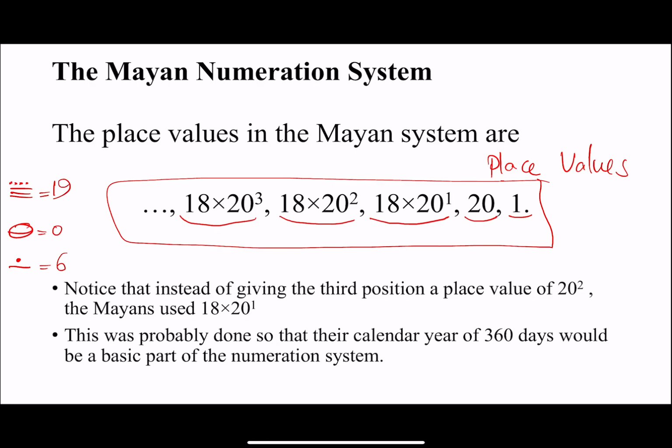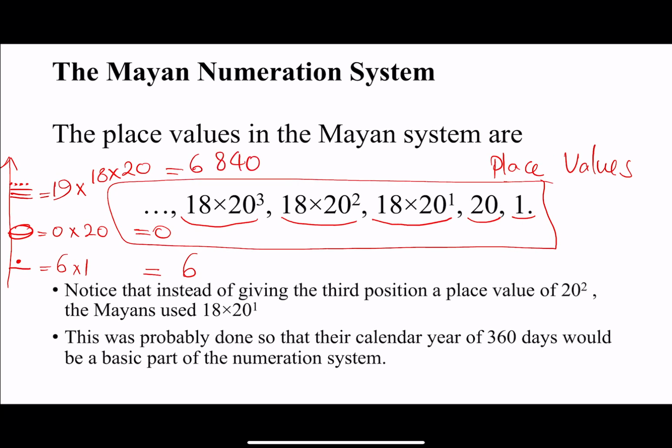Now, I write down the place value of each digit. We move from the bottom to the top, right? So the place value of the first one is 1. Then we have 20. And then we have 18 times 20. Okay, 6 times 1 is 6. 0 times 20 is 0. And 19 times 18 times 20 is